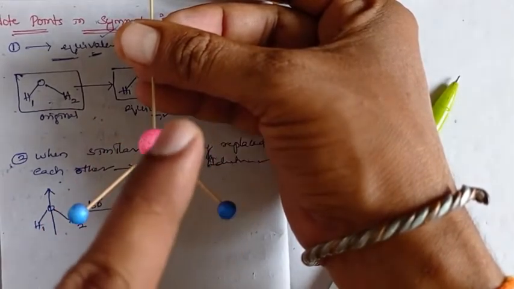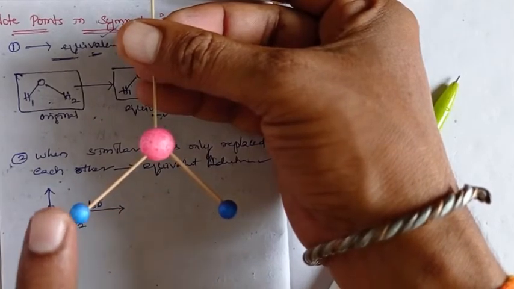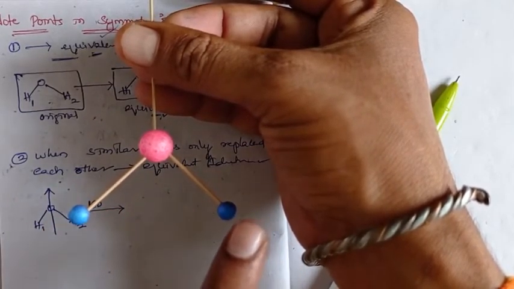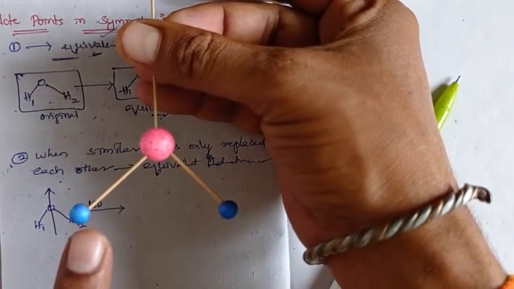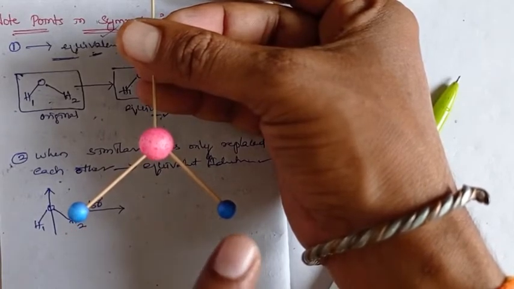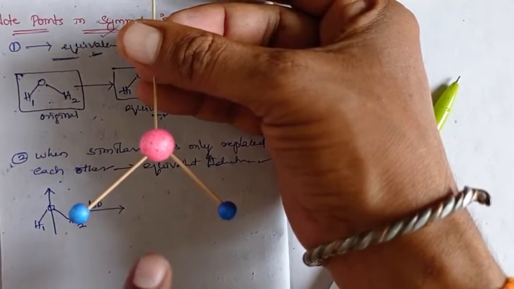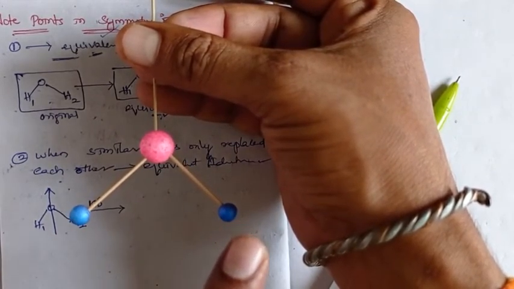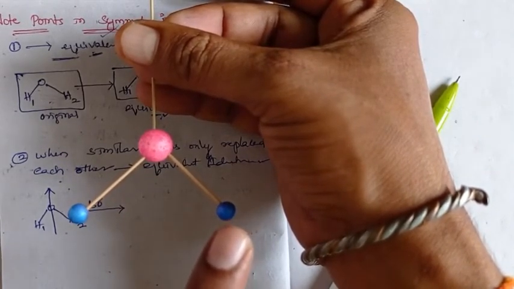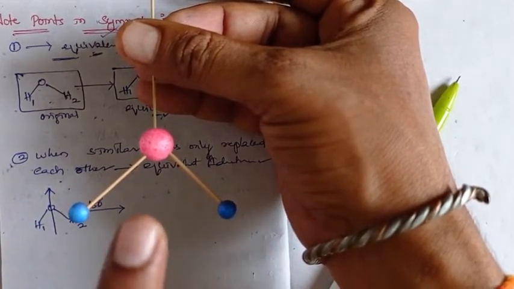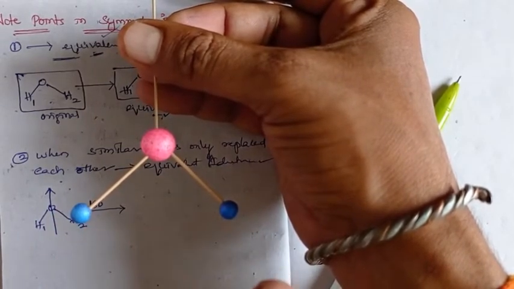The oxygen position is retained, and the hydrogen positions get replaced. This particular H2, before rotation, is on the right side, but after the rotation H2 takes the position of H1 on the left side. The H1 on the left in the original structure goes to the right side, replacing the H2 position. So the similar hydrogen atoms H1 and H2 are exchanging their positions.